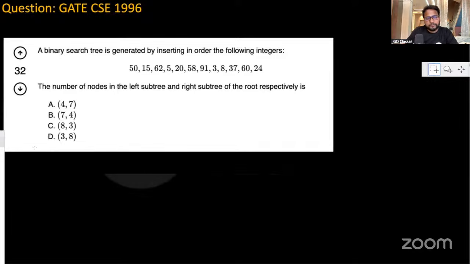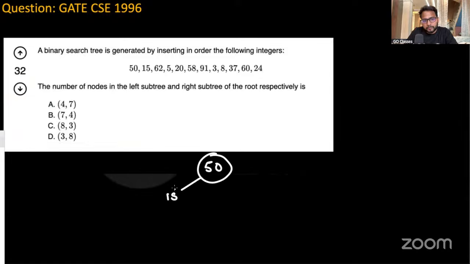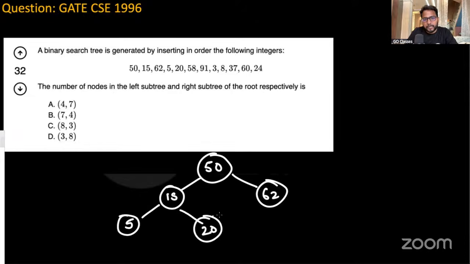Here you can say that if we are inserting 50 first, then 50 will be here as the root. Then you can have 15, which will be on the left of this. 62 will be on the right of this. 5 will be on the left of 15 also. And then 20 will be here. 58 will be somewhere here. 91 will be somewhere here. You have to insert in this order only, right? And then 3 will be